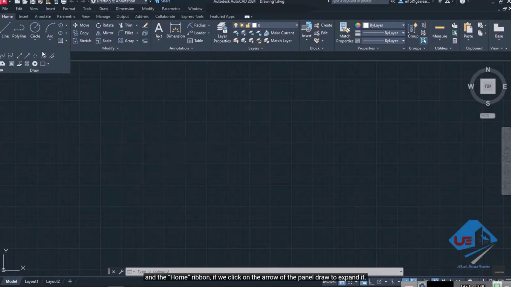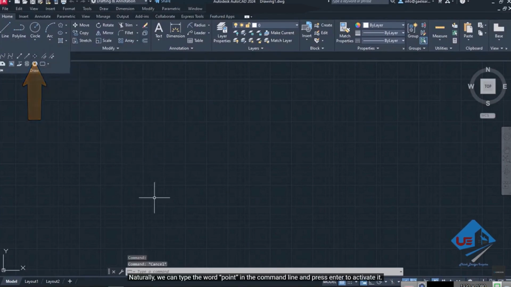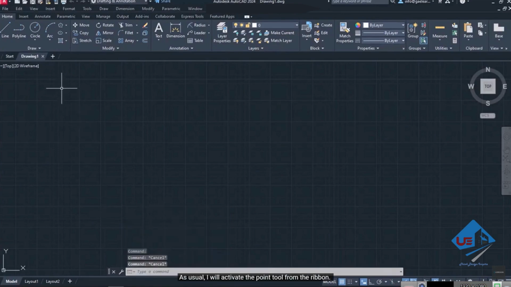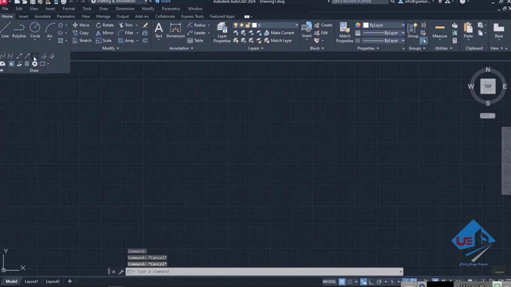If we click on the arrow of the Draw panel to expand it. Naturally, we can type the word point in the command line and press enter to activate it. As usual, I will activate the point tool from the ribbon. I will click on the arrow of the Draw panel to expand it, and then I will click on the